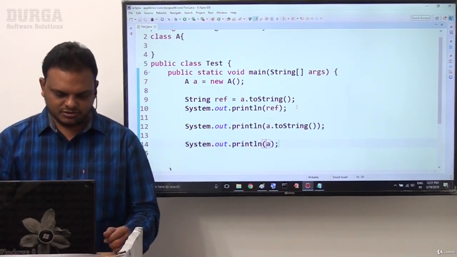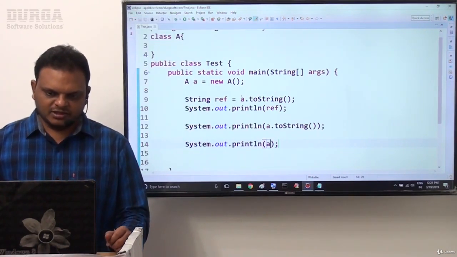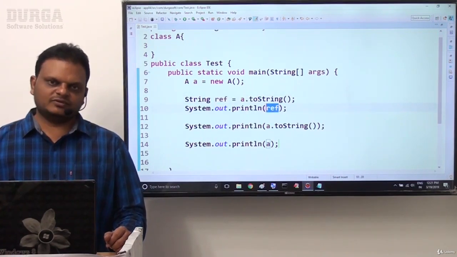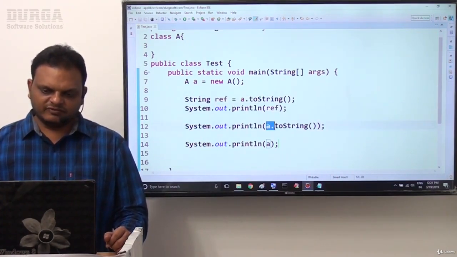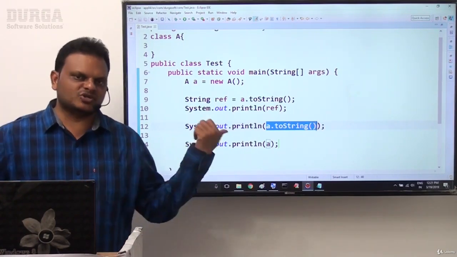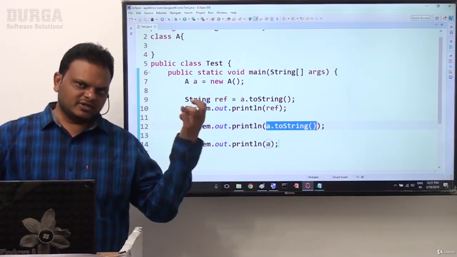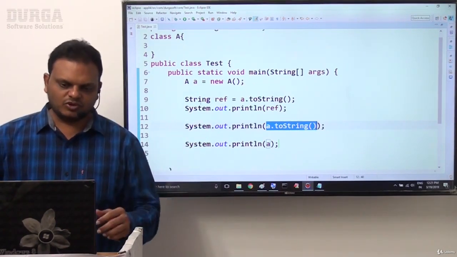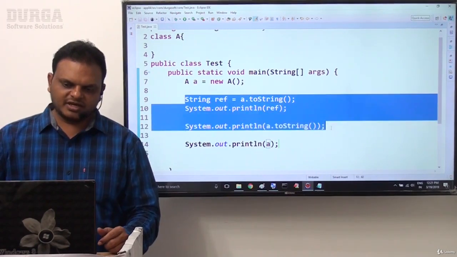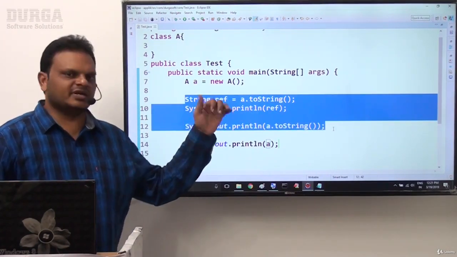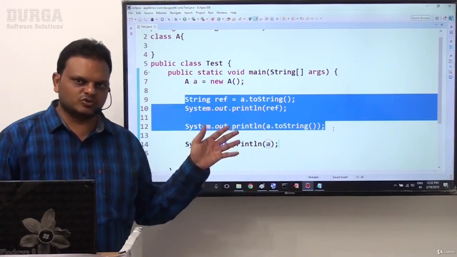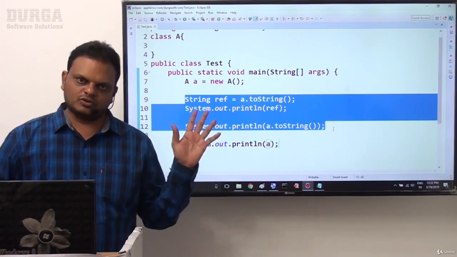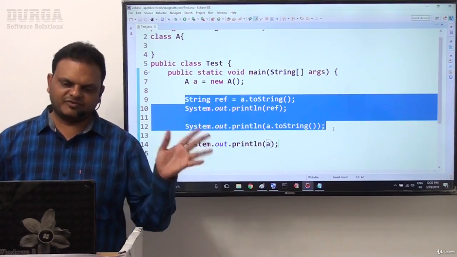Let us execute this. Observe carefully. Here we are calling the toString method explicitly. We are getting the reference value and we are displaying it. Second, we are calling the toString method as a parameter to the System.out.println method. Whatever return value we get from toString, we are able to display. So case 1 and case 2 are almost the same. In case 1 I displayed it indirectly, and in case 2 I directly called toString as a parameter to System.out.println. These 2 cases are fine, both are the same, and we get the same output in the first 2 times.